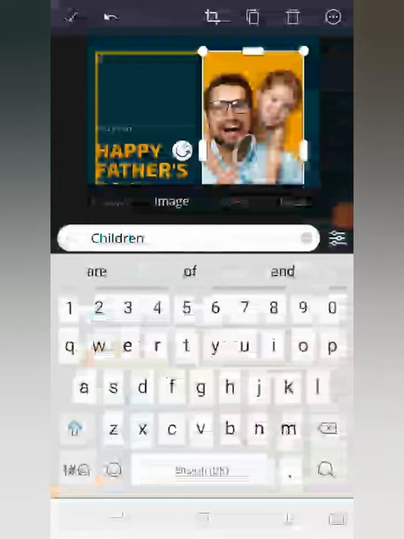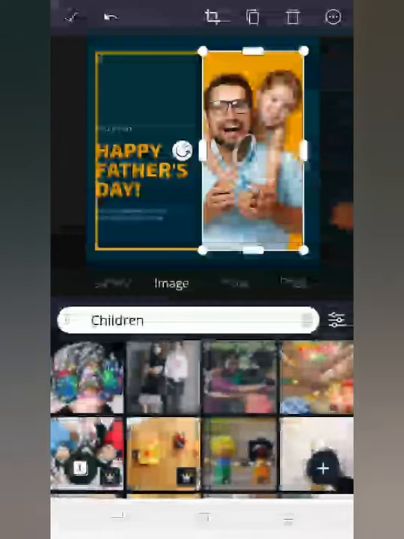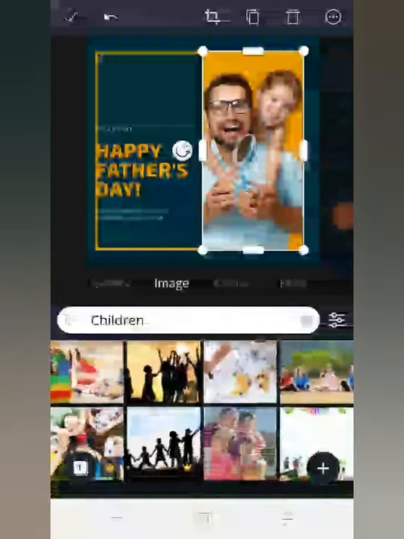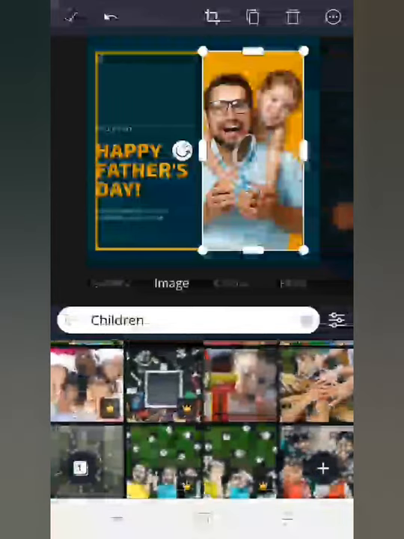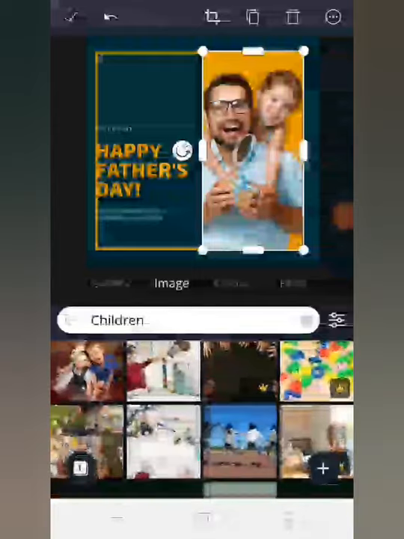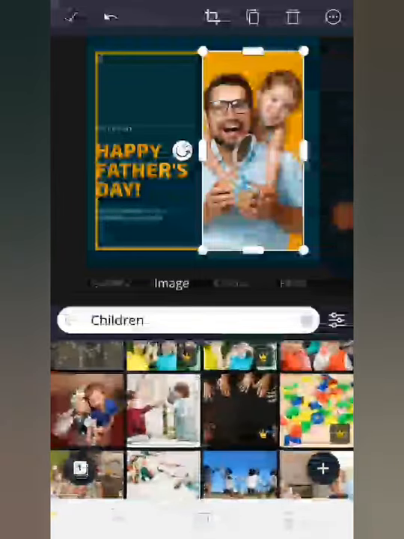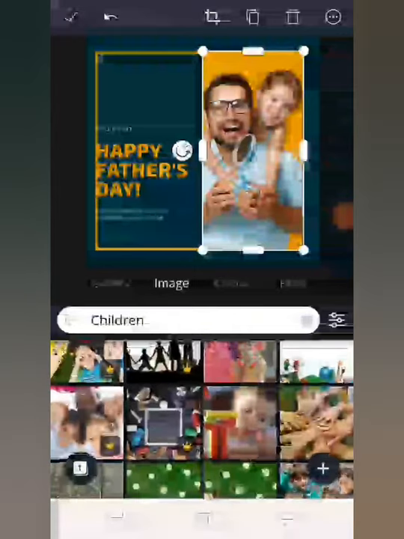Search for children. Once you search for children, you see a lot of pictures you can choose from. You can see a lot of children pictures here. So it depends on what you want to use. Let me assume I want to choose